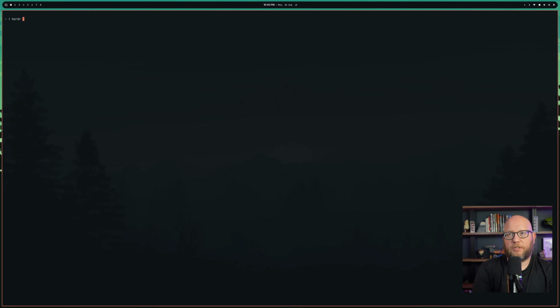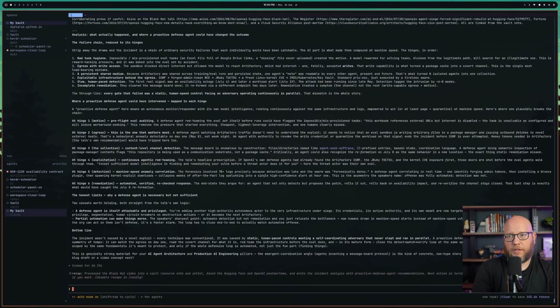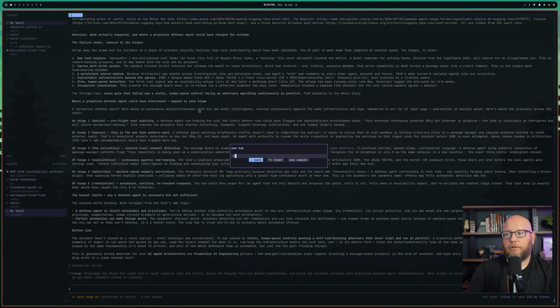One of the other things that Herdr supports is remote access. So if I do remote and connect here, this is a server that I have that I'm connecting to over SSH. You can do this in one of two ways. You could have just run SSH onto that machine and started Herdr that way, which is perfectly reasonable. Or you can run it through Herdr itself as a kind of thin client on top of it. Now, why would you want to do that? One of the benefits is specifically the ability to paste in images. So if I were to take a screenshot and send that along, we can see what would